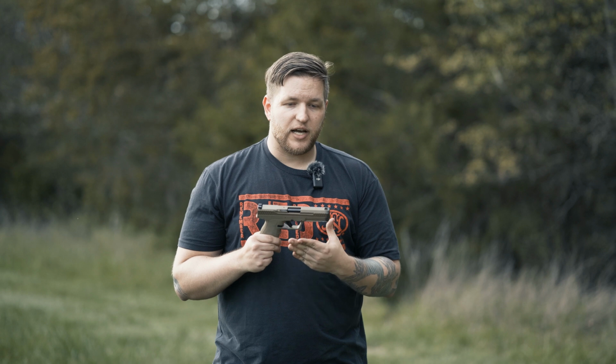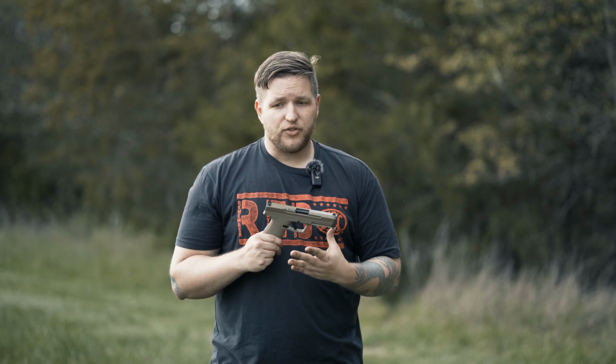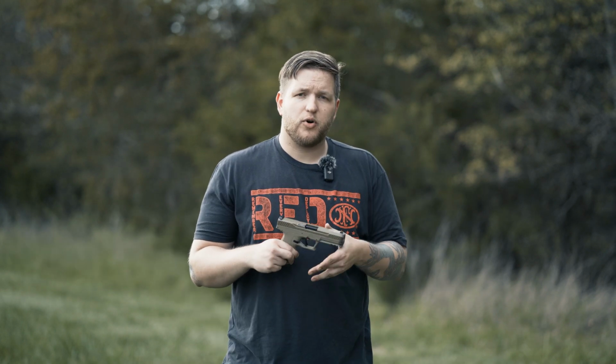Range time is definitely not a bad thing, so putting those rounds through the gun, learning to clear those malfunctions efficiently, effectively, those are all good things. But whether or not you want to put yourself through all of that, it's not exactly a fun process. And just as one more alternative to consider,